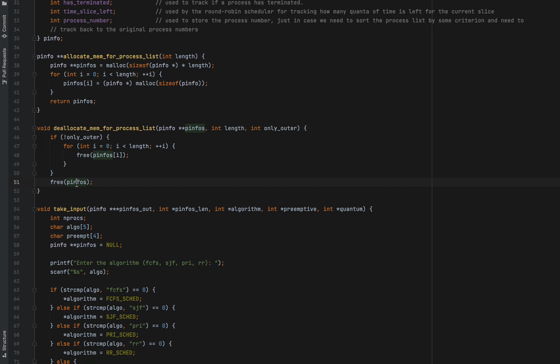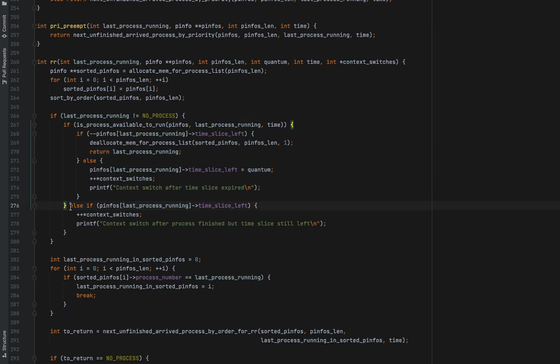The actual structures are not going to be freed. It is because the original p-infos array still has pointers to the structures. If we free the structures, then we will lose all the process information stored in those structures. Our aim here is to only deallocate the sorted p-info array and not touch the structures it is pointing to.